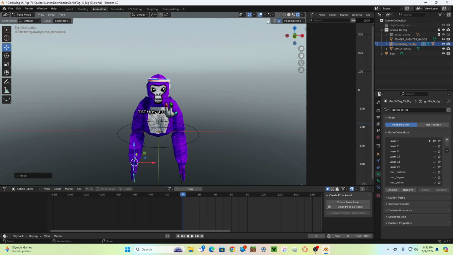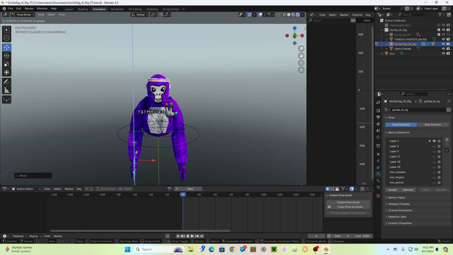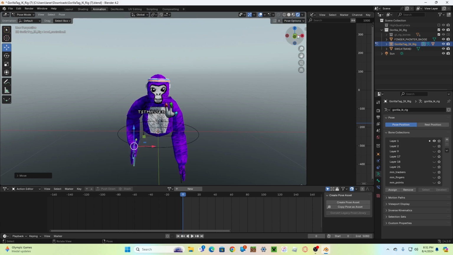But it'll move two arms. So if you don't want it to move two arms, you want to click this X up here. And then you can do this and move it around. So I'm going to see you guys when I have the pose. Alright guys, so now that I have the pose that it's going to be doing,